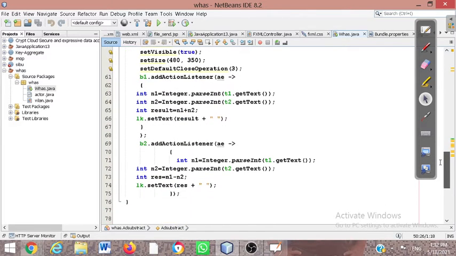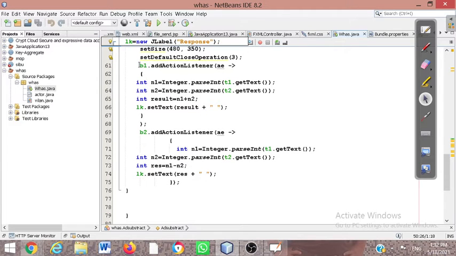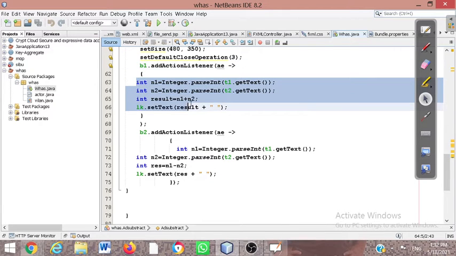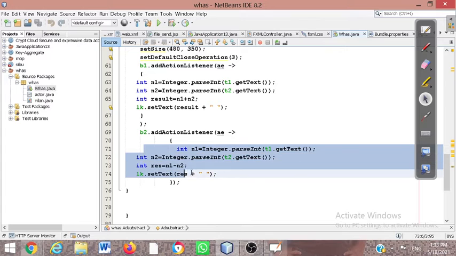Here you have to see that the b1 dot addActionListener method is responsible for listening to the action on the buttons, and I am passing a single abstract method, that is a functional interface, and inside this I set the logic for the addition, and inside the other I set the logic for the subtraction. Today I am going to see another way of writing the code for how your button will perform. This is the right way. If you have n numbers of buttons, then for every button you have to set the logic this way. This is a better way, but I am going to look at some older ways so that we understand another way of coding as well.